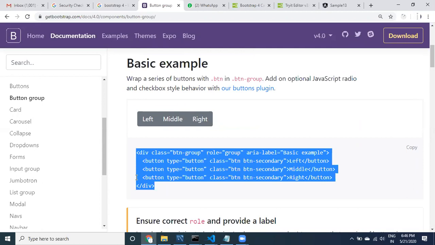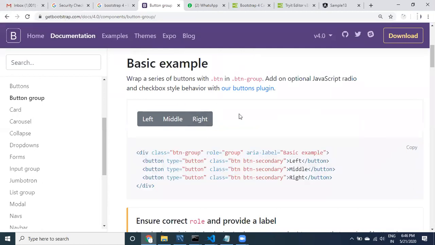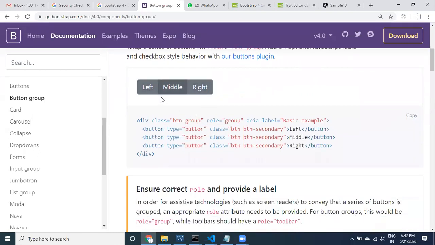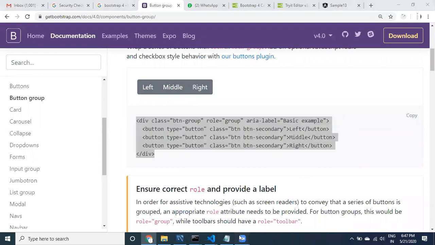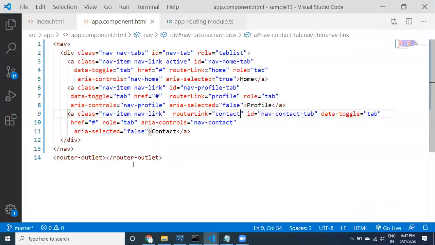This is also going to work as navigation, so these things can be applied for navigation. Of course, we have only three things, but you can provide many more. Let us take this one instead of using the previous code.